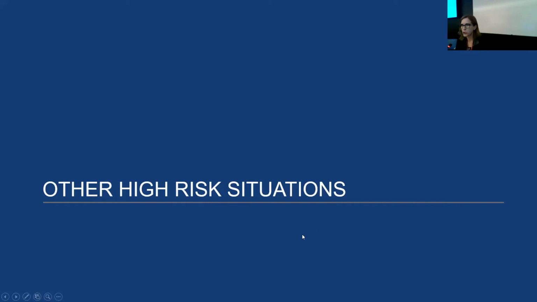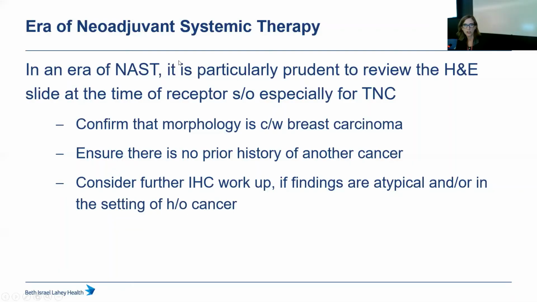So moving now to other high-risk situations. I think the other high-risk situation that we encounter now is the fact that more and more patients are receiving neoadjuvant systemic therapy. And so we don't really have that opportunity for a second look when we receive the excision specimen to say, oh my gosh, I made a mistake, it's a benign lesion or it's not invasive carcinoma, because now the patient is going to receive chemotherapy, something significant that has